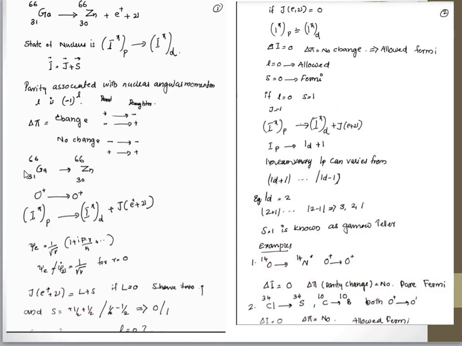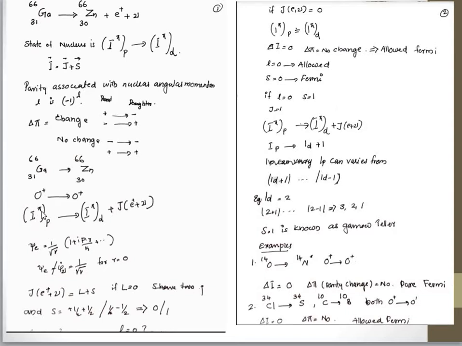let us consider the example of gallium 66 to zinc 66. This state is already given in the question paper. That is, gallium has a 0 plus state and zinc has a 0 plus state. So 0 plus state to 0 plus state. We have to find out which type of transition this is,